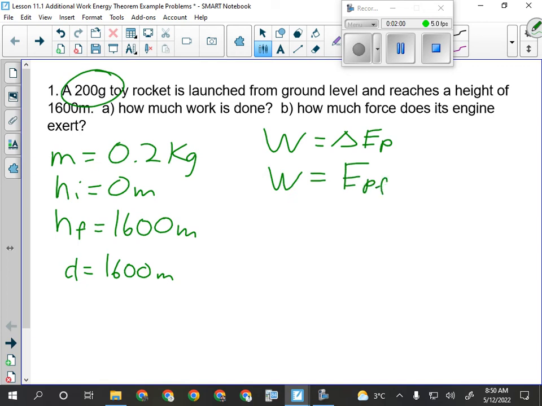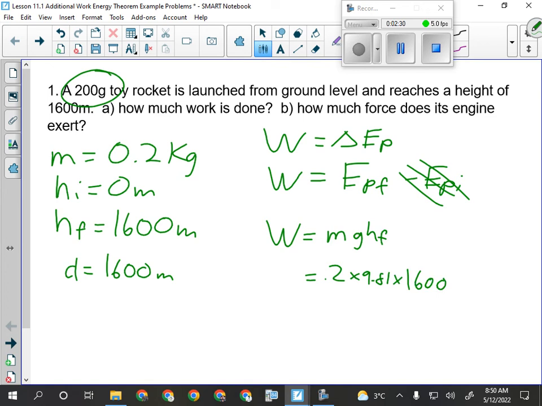So that'll be potential energy final minus potential energy initial. Since I was on the ground, what's EPI? 0. Okay, so I can get rid of that. That saves me time. So I'm left with this. Work equals M times G times H final. Okay. So all I have to do is plug in my numbers. That'll be 0.2 kilograms times 9.81 times the final height, 1,600 meters. Okay, and so we should get, hang on,